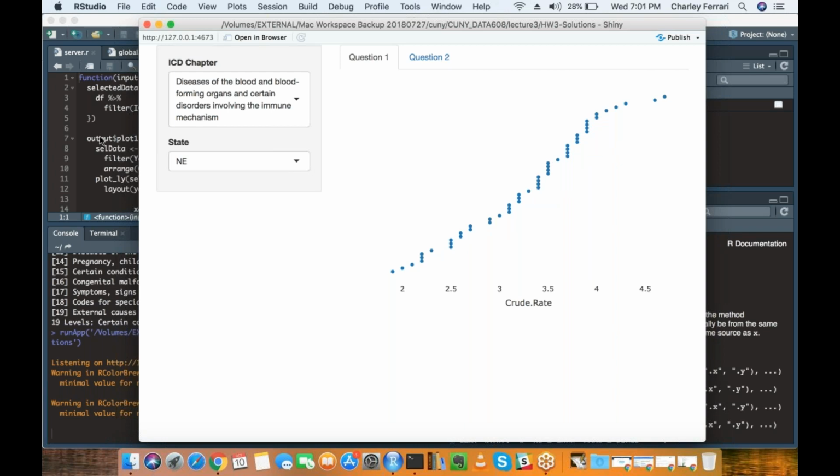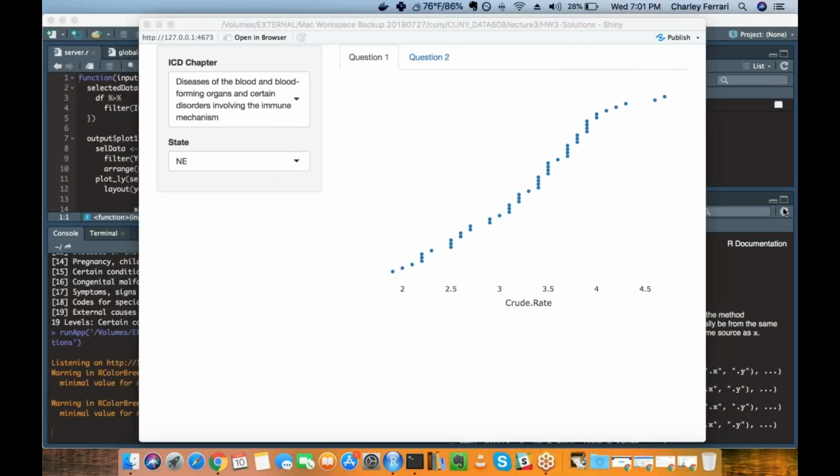In the sample code, you saw there were a few different graphing packages that you could use with Shiny. Plotly totally works there. ggviz, Google Viz works. A lot of different packages. Just ggplot is totally usable.